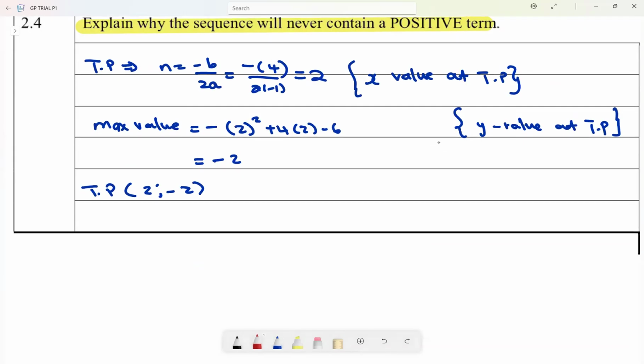It means I have a parabola of some sort, a parabola that is facing downwards. And then the maximum value it can reach is at 2 and negative 2. But most importantly, focusing on the y value, can you see that the maximum y value here,